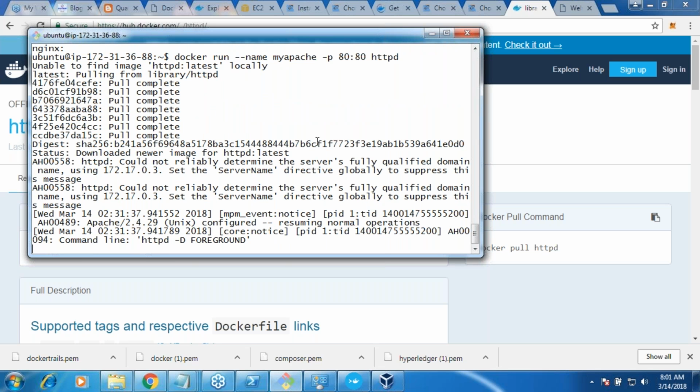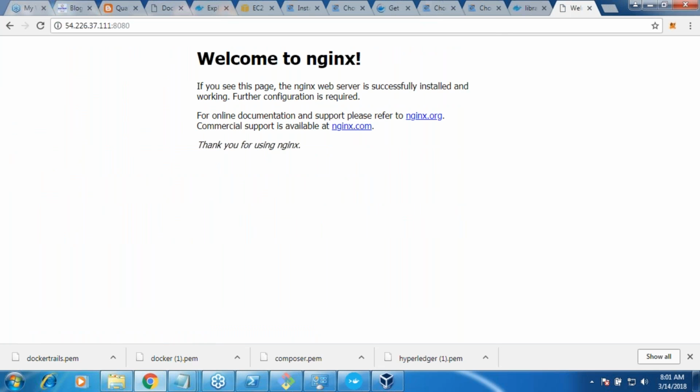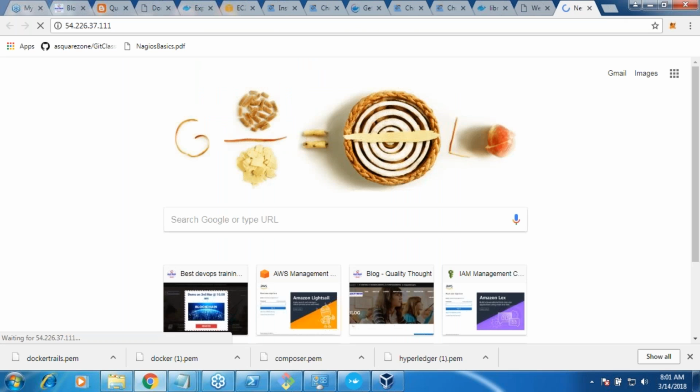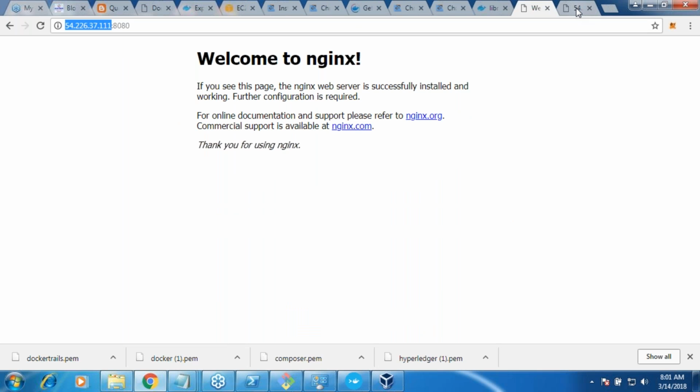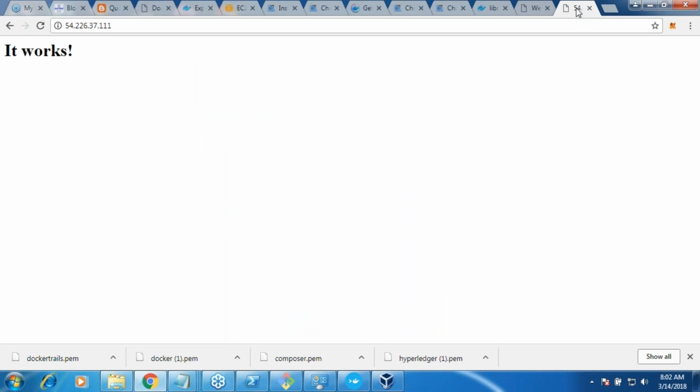Now this was our website, right? This was our system's address. Now let me copy this. We are seeing two web servers in the same machine running at the same time. This on a physical machine is very difficult to achieve. Why? Because you think you are doing the installations on your file systems, but actually your installations are happening in containers.